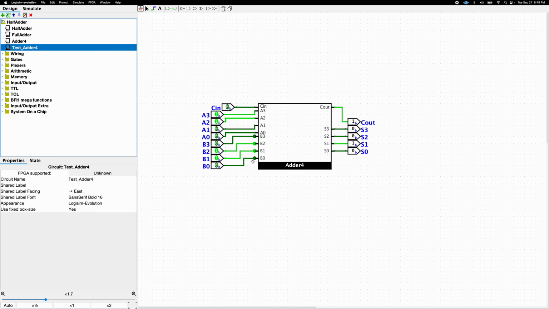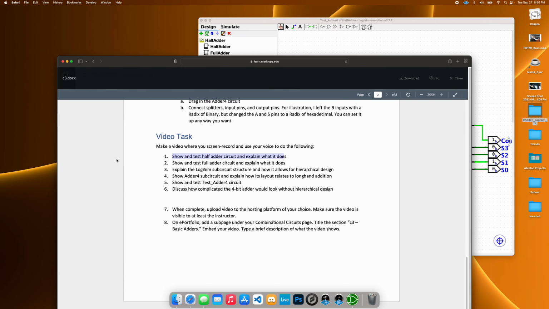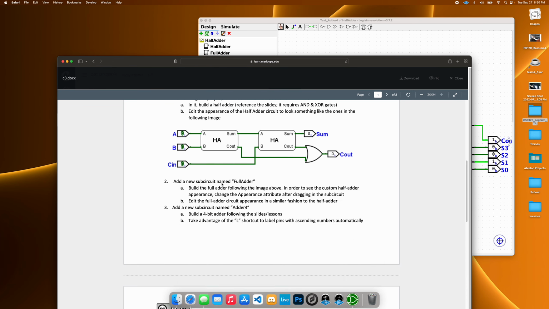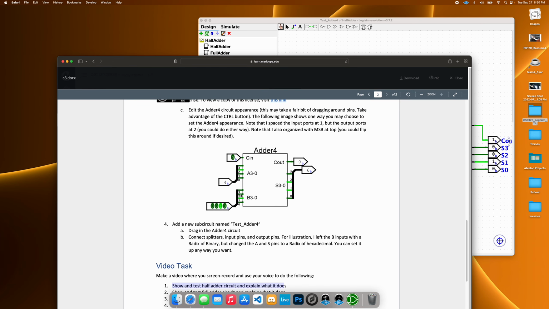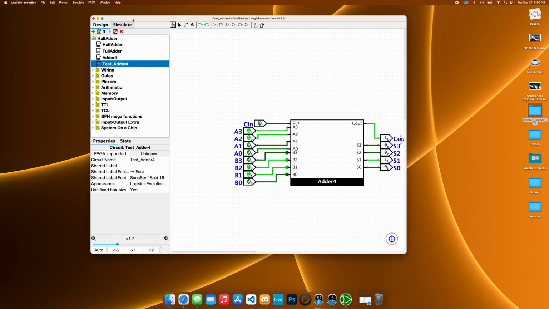Question for the professor: I had trouble getting these 4 bits into a single 4-bit input and having each bit respectively go into B0, B1, B2, B3. Kind of like what you had here. I was having trouble getting this to look very nice like you had it. So I'll probably ask you that